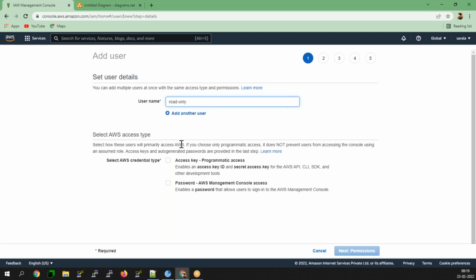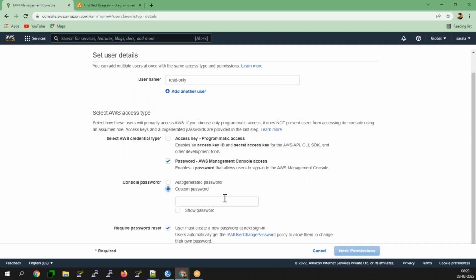Here you have two access types: AWS programmatic access and AWS Management Console access. We'll see the AWS Management Console access first.